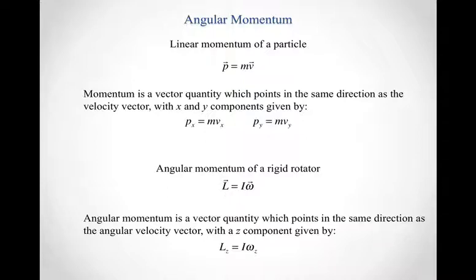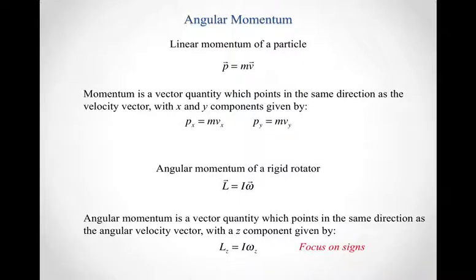Angular momentum is a vector quantity. It points in the same direction as the angular velocity vector. For the problems we're going to work, where our objects are rotating objects, we're going to be able to draw in the xy plane. That means that the angular velocity vector is going to point along the z-axis, so into or out of the plane, which means the angular momentum will also point into or out of the plane along the z-axis. So we'll have a single component equation to describe the angular momentum,